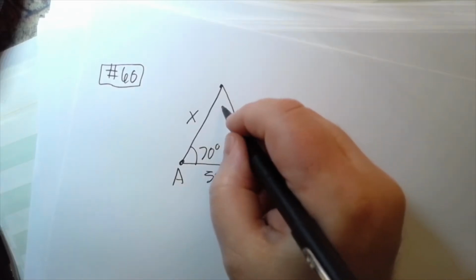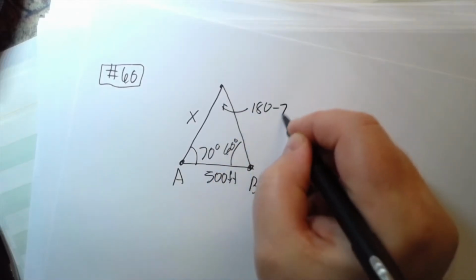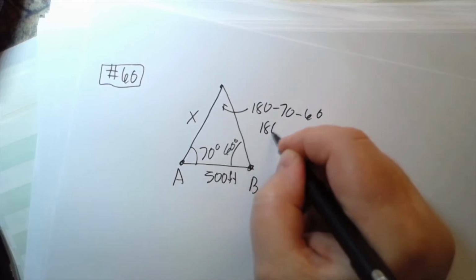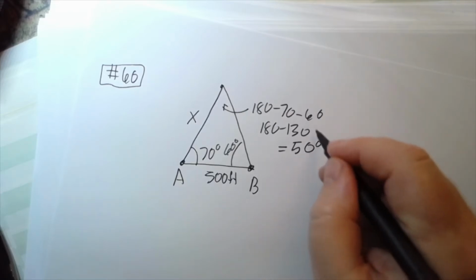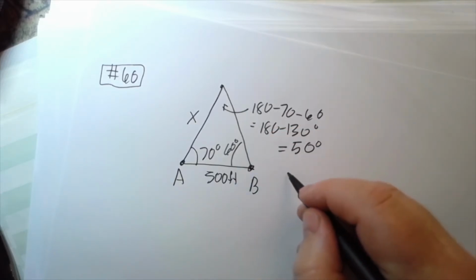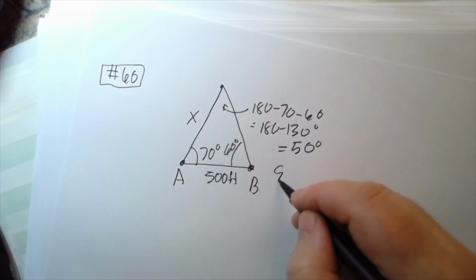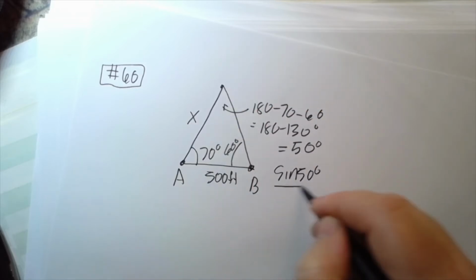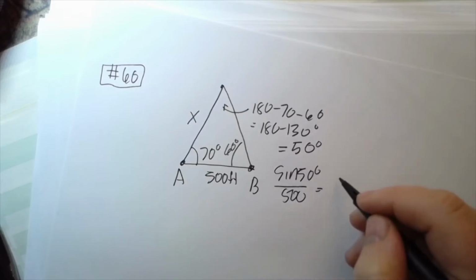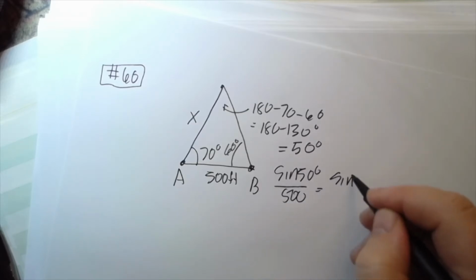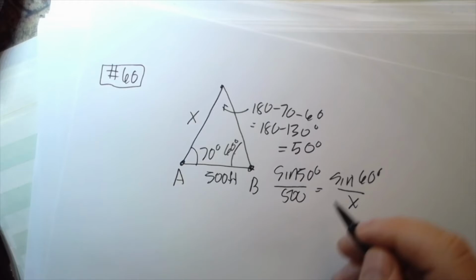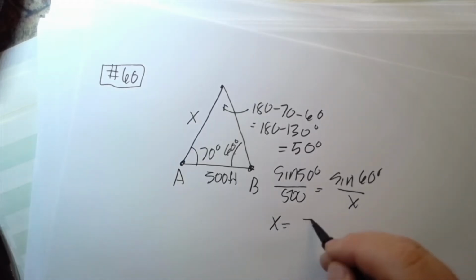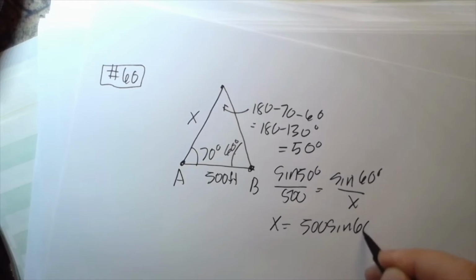So what we need first is this angle, which is just 180 minus 70 minus 60, or 180 minus 130, which is 50 degrees. Right, so law of sines, we have sine of 50 degrees over 500 is equal to the sine of 60 degrees, because that's the side opposite of x. So we multiply this over, take the reciprocal, multiply that side over, we get 500 sine of 60 degrees over the sine of 50 degrees